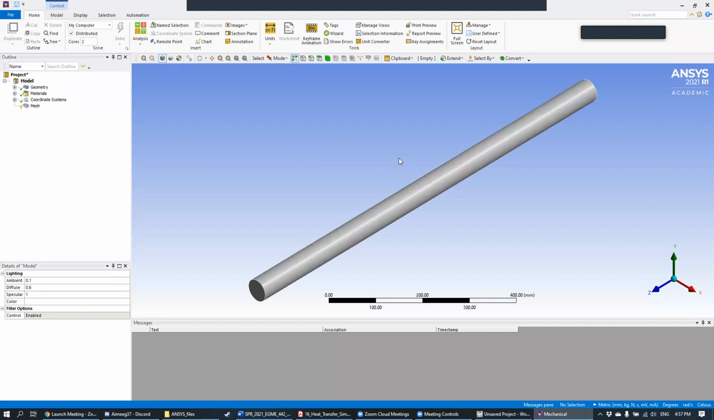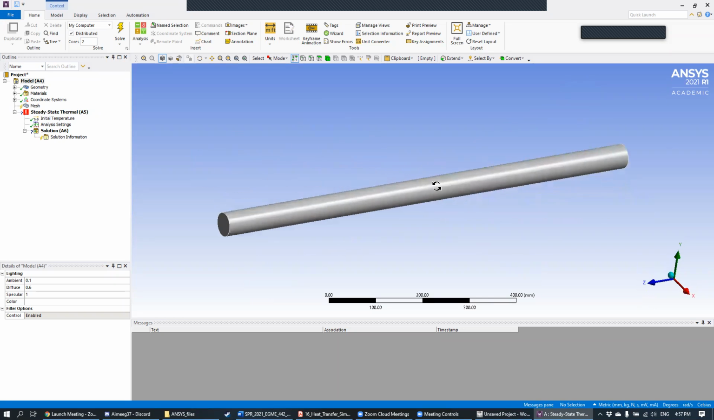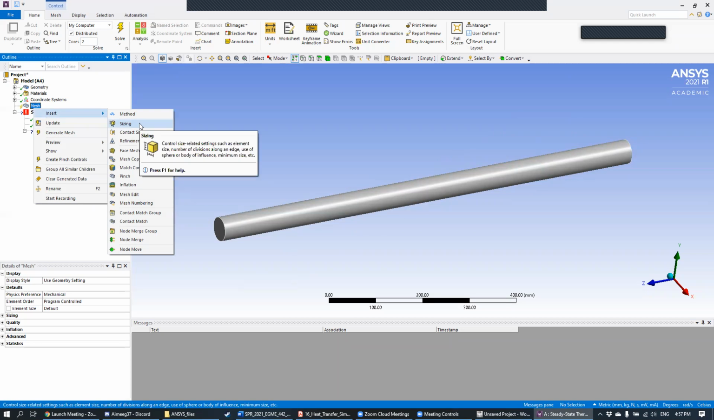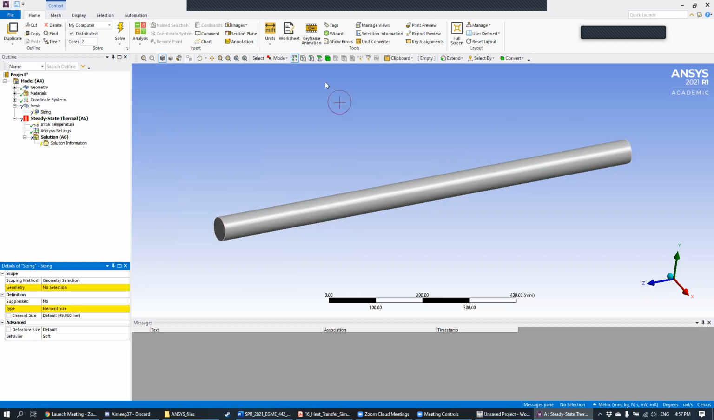Okay. And so here is our fin, okay? And we have the cylinder looks like this. And so first thing, let's go ahead and insert our mesh, right? And so for sizing, let's go ahead and select this whole thing. Right? Did I say what size that I used? I did not, right? And so let's go ahead and use a mesh size of, let's say,